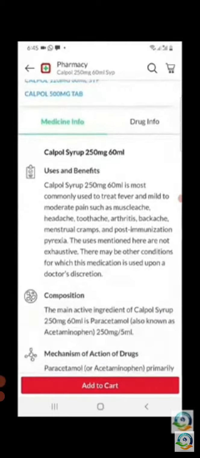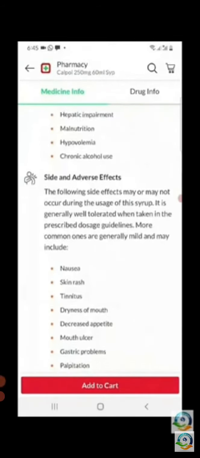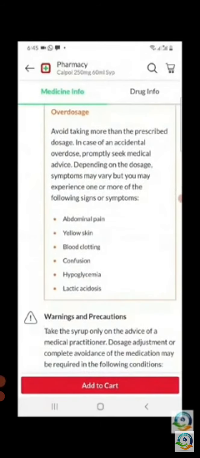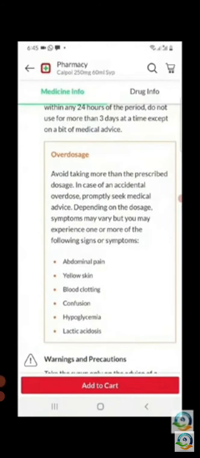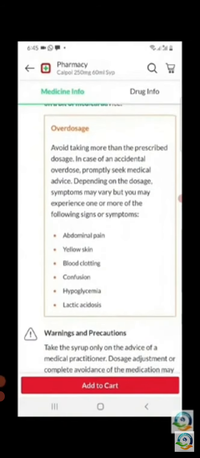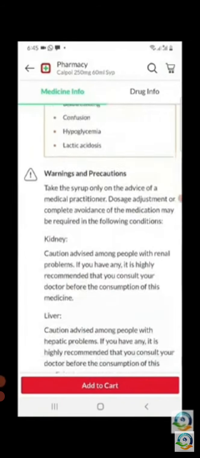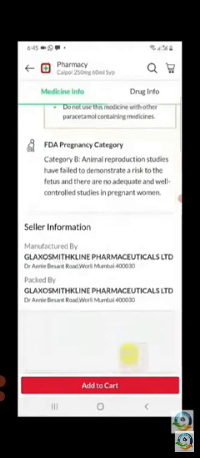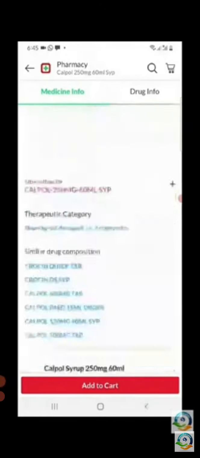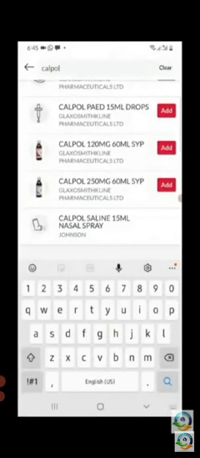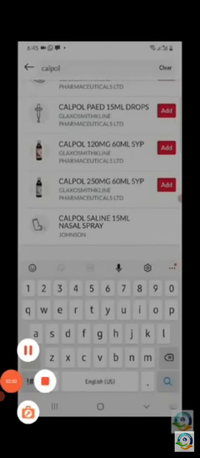You search a product, see if you want it, and you also can go deep into it, check the overdosage, side effects, whether there are any warnings, precautions, or any other medicines which we can use for the current medicine which the doctor has asked us to get. So after checking all this confirmation, if you still want to go ahead, you can click on it and add it to your cart.